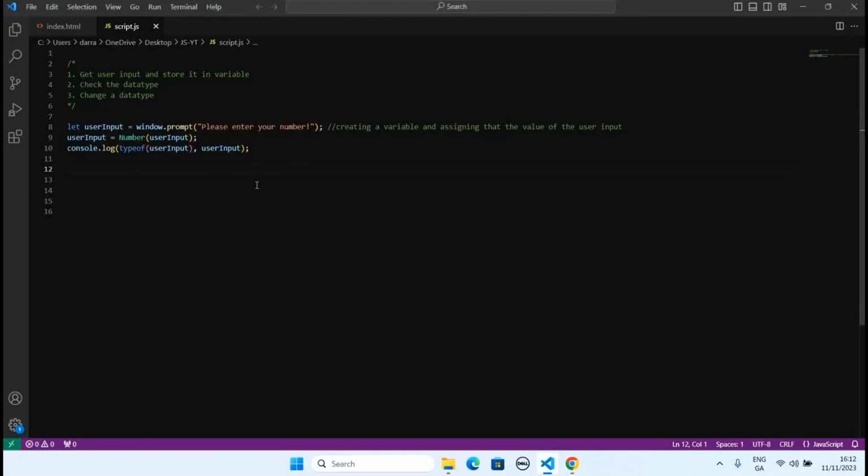So how do we do that? Well, we use window.prompt, that inbuilt superpower in JavaScript. Inside of parentheses and inside of quotes, we say please enter your number. We store that in this variable called user input. But we saw how JavaScript can act a bit weird sometimes, so even though we entered a number, it's coming back as type string, and we didn't want that. So all we do down here on this line is we take the user input, we pass it into Number inside of parentheses, and that means user input, whatever the user has typed in, has now been changed